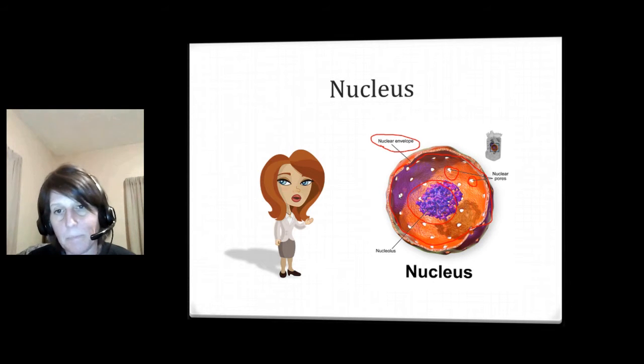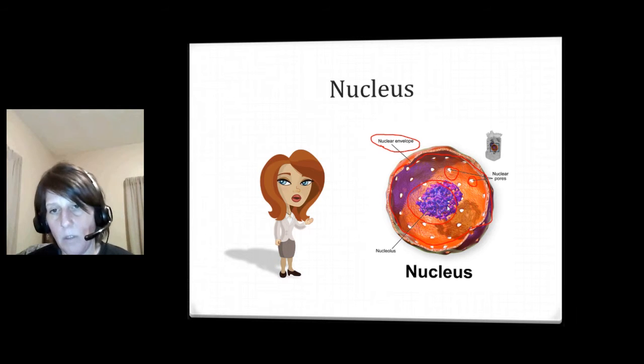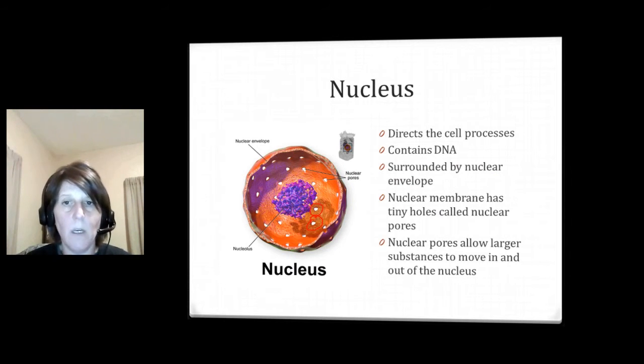Our nucleus, we have here our nuclear envelope, and you can see I drew a circle around the nuclear envelope. It's also known as the nuclear membrane. In the nuclear envelope, there are small tiny holes called nuclear pores, and this allows for larger substances to move into and out of the nucleus. And then we have in the center a nucleolus, and we're going to talk about the nucleolus more in detail